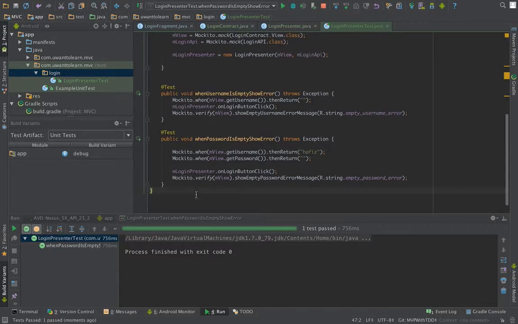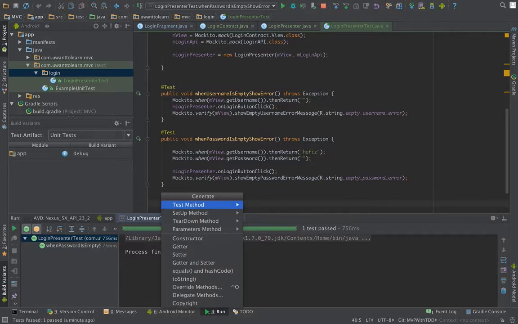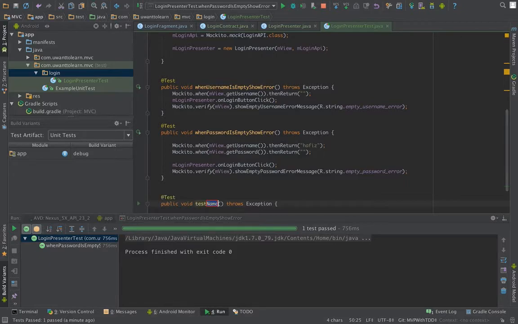So now I can write other cases like if both are not empty, then it will pass. No method will be called, no show empty. Okay, but I have a low time, so I will go to the next one. After that what we need to do, I need to test also on a server, if both conditions are working correctly, like it's not empty. So then I need to check,